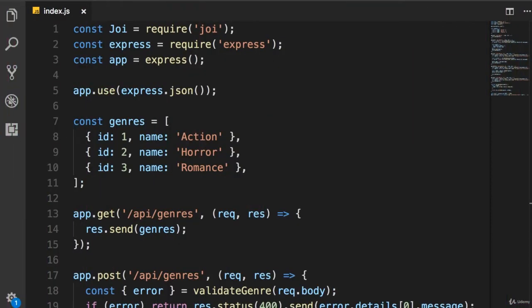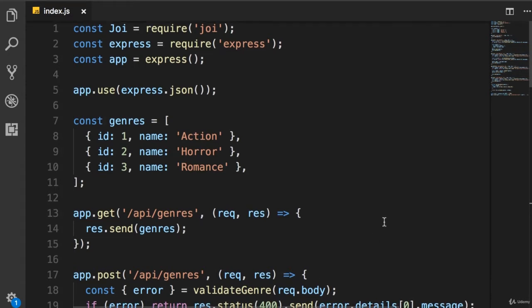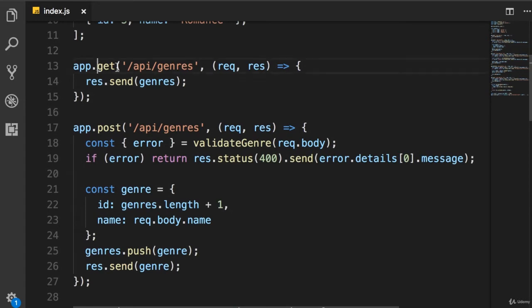All right, now it's time for an exercise. So this is the Vidly application that we have built so far. Currently, all the routes for working with genres are defined in index.js. What I want you to do is to refactor this application and move all these routes inside a new folder